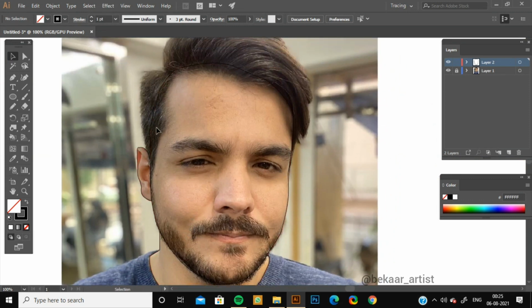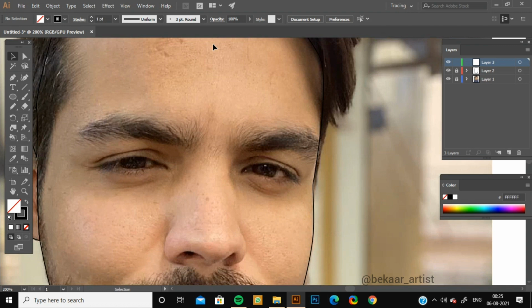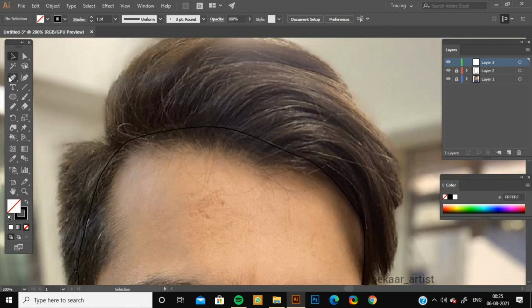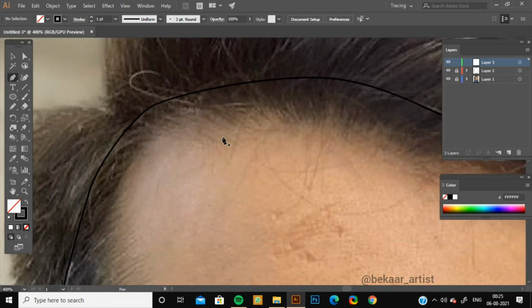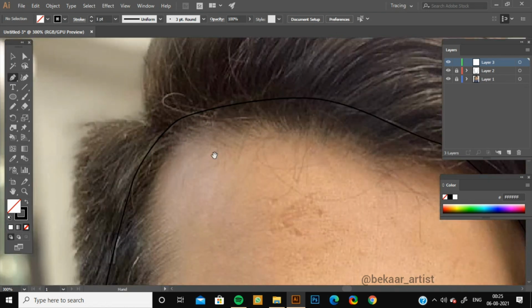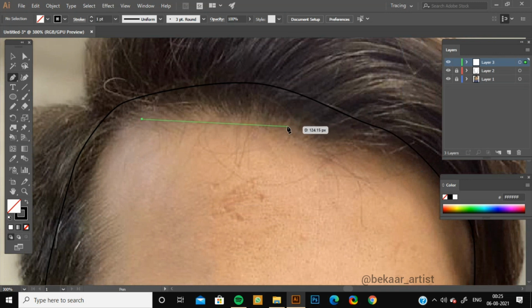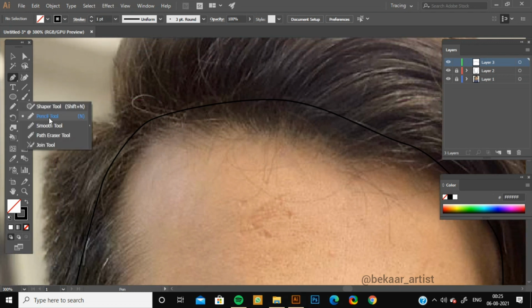Now for the hair detailing, I'm just going to lock this layer and we'll create another new layer. And for hair details, again I will use pen tool. You can, if you want, use pencil tool as well. And then for this hairline, instead of creating a straight curve, I will create these zigzag lines. So now let's show this part with pencil tool.